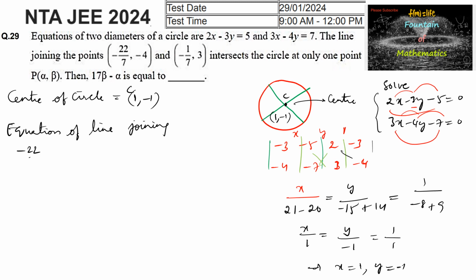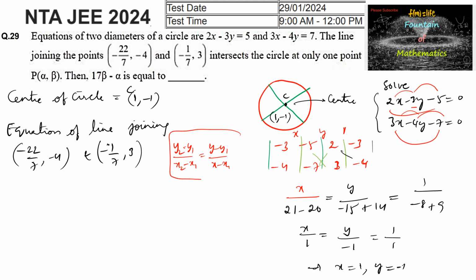minus 22 by 7 comma minus 4 and minus 1 by 7 comma 3, we can write by using the formula y2 minus y1 by x2 minus x1 is equal to y minus y1 by x minus x1, the 2-point form of a line. So let us use it. Y2 minus y1, that is 3 minus of minus 4, that is 3 plus 4, divided by x2 minus x1, that is minus 1 by 7 plus 22 by 7, is equal to y minus y1 upon x minus x1,